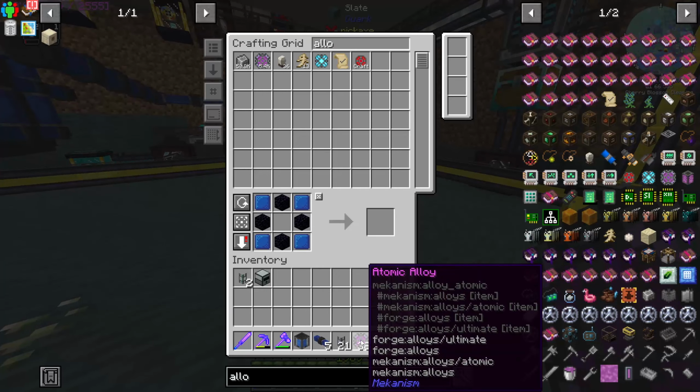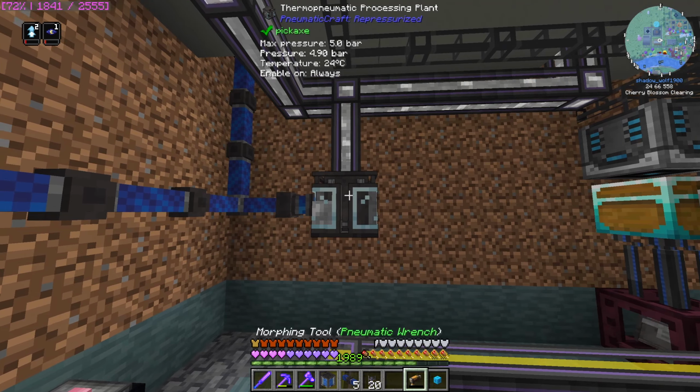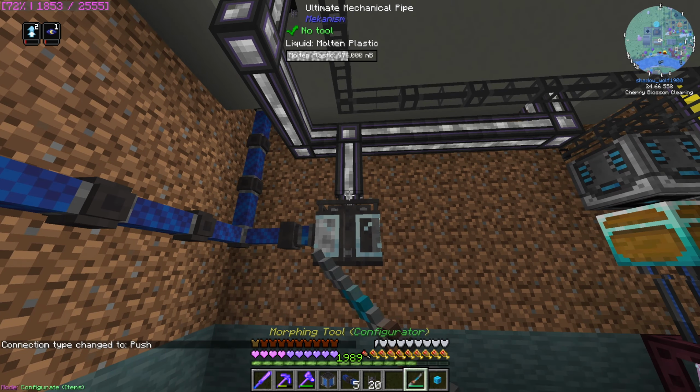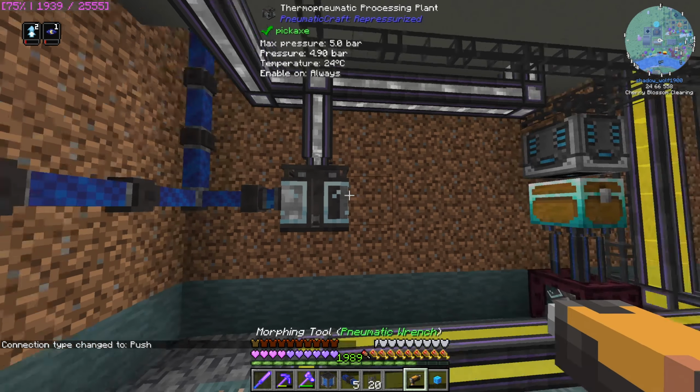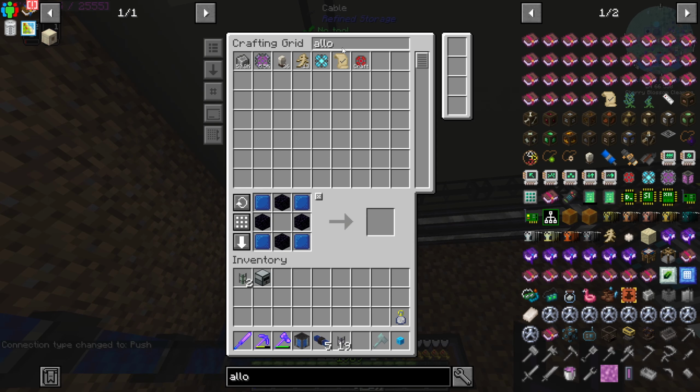All right, perfect. So now what we can do is hook up the actual pipe here, so it pumps plastic down into this guy. We'll tell him to push in. We'll put another pipe right here. And then we're going to get ourselves our cable here. So cable,